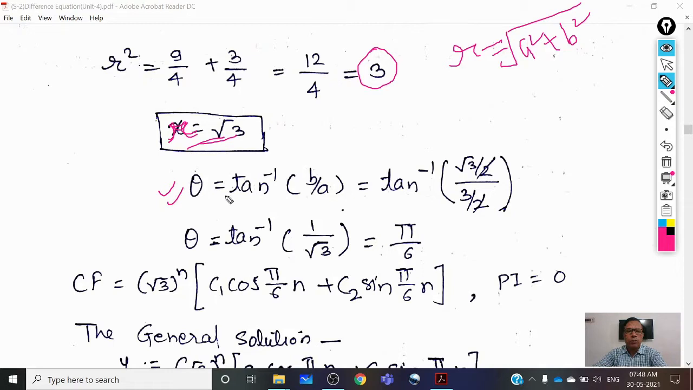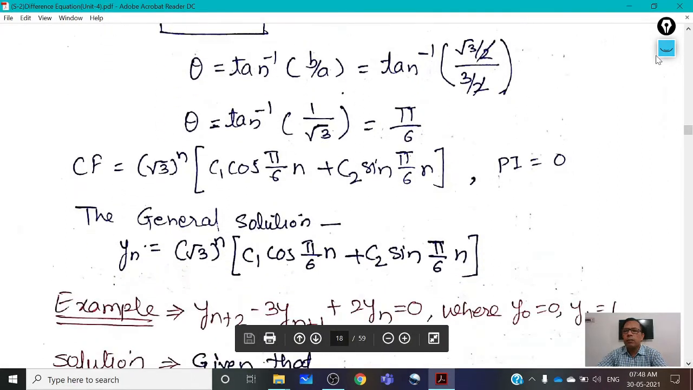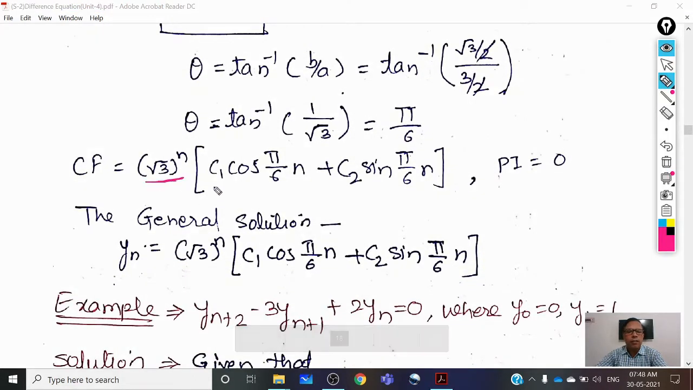And theta equal to tan inverse of b upon a. So tan inverse of (√3/2) upon (3/2), the 2 and 2 cancelled. So theta equal to tan inverse of 1 upon under root 3, and it will be π/6. So CF is (√3)^n (C1 cos(πn/6) + C2 sin(πn/6)), and PI is 0. So final answer